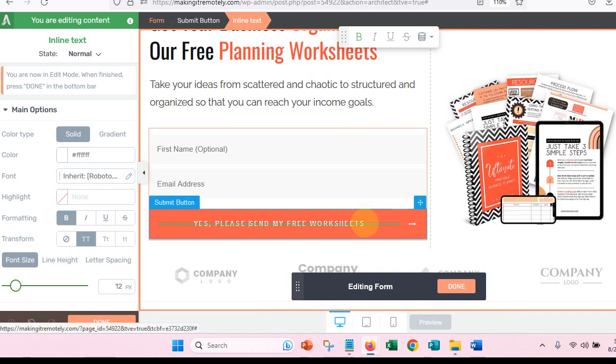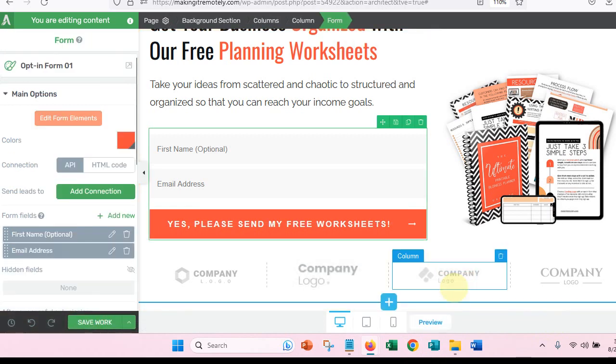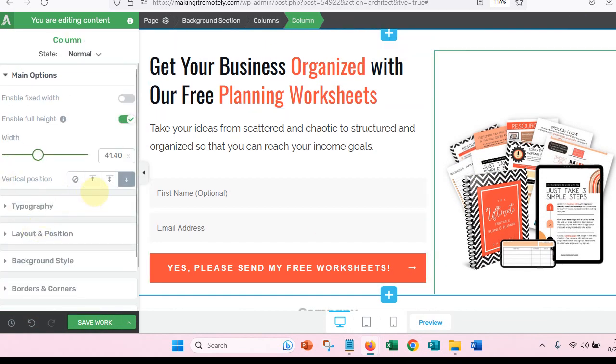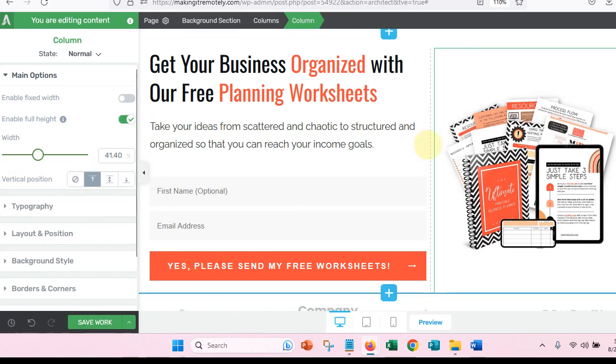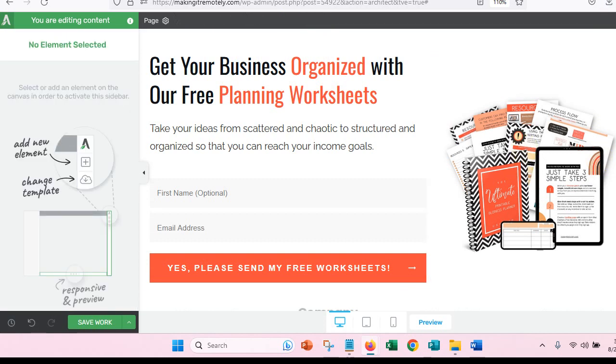And then at the end, oops. Okay. And then I'm going to make this a little bit larger just so that it stands out. Okay, so there we are. And then over here, I'm going to make this centered so that it looks a little bit better. Okay, so now we've got our planning worksheets, and the whole goal here is to help people when they're